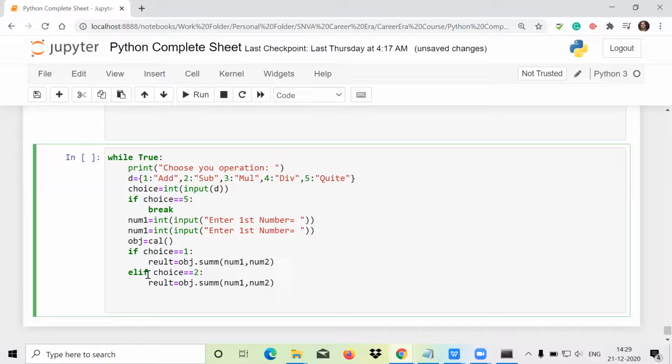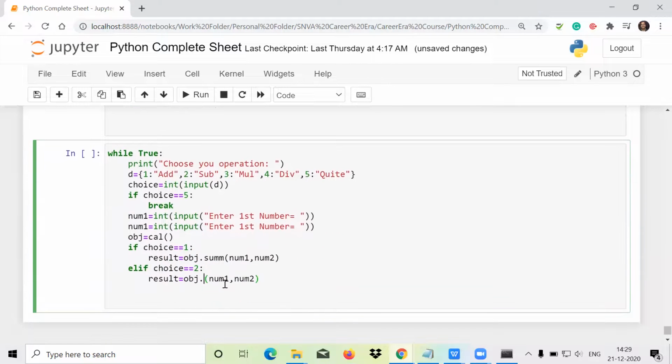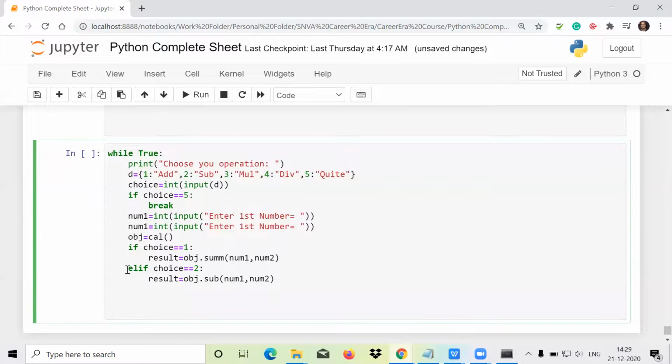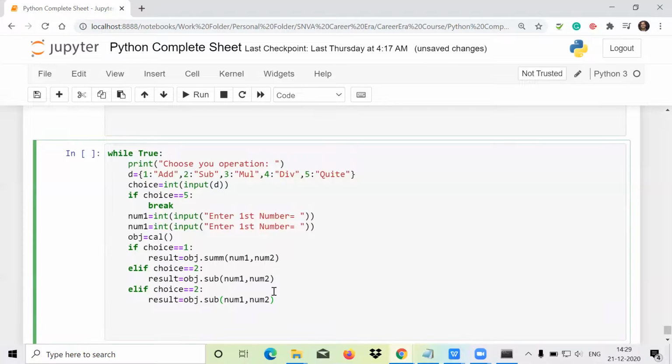Return on result, spelling is wrong. Let me make it result properly. And it is not sum this time, obviously. For second, it is subtraction. For subtraction, we have to call sub. I will call sub, pass these two values, and it will give me the result. And after this, I have to do the same step again. So again, copy it, go back, paste it, go back, paste it, and the choice will be then 3, then 4, and the function name will be